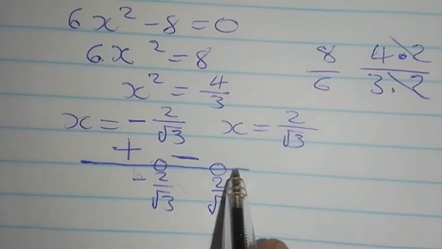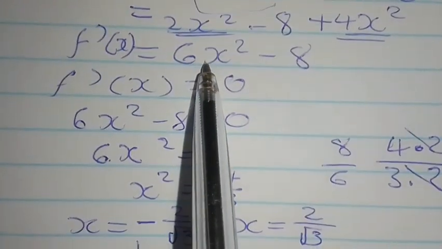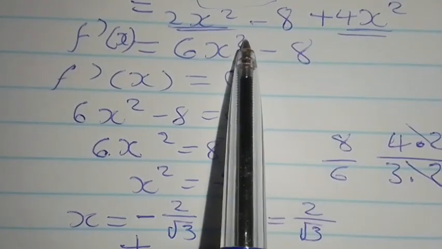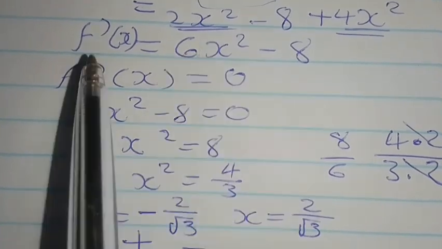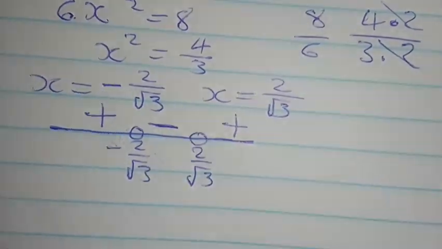Now you substitute the numbers larger than 2 over root 3 here. Suppose I substitute 3. So I'll have 3 squared, which is 9. 9 times 6 is 54. Minus 8 will be positive. So now,